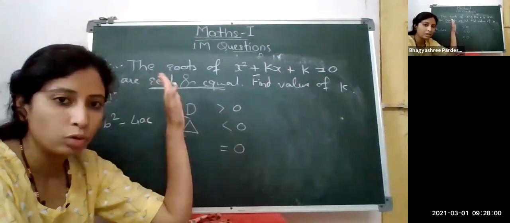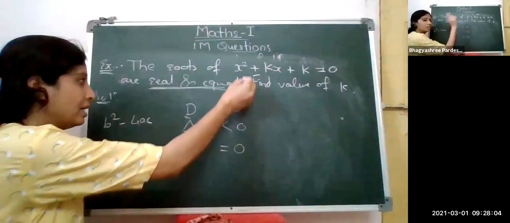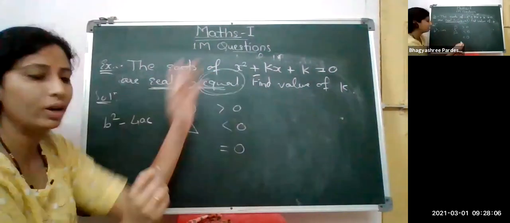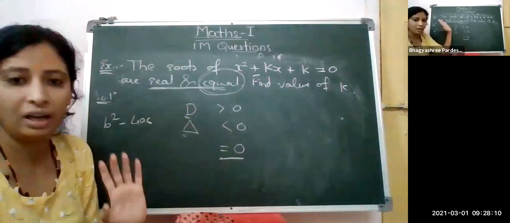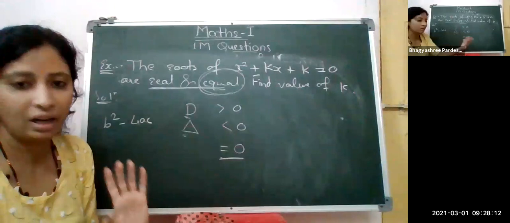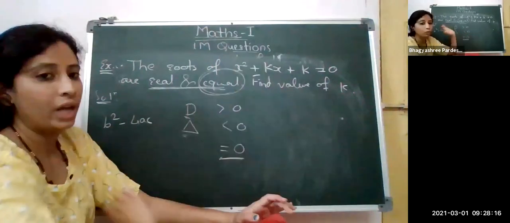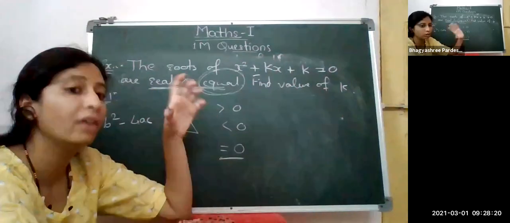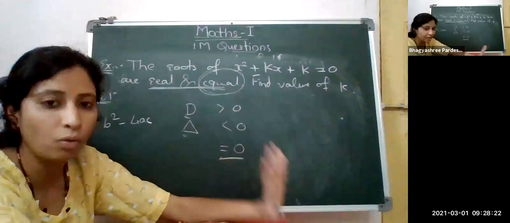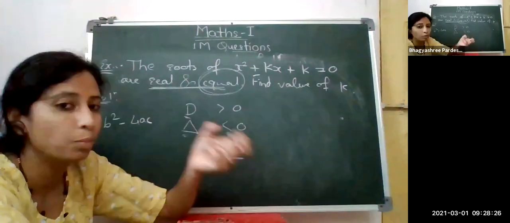So real and equal is what is given. Yes, equal. So just remember one thing. Equal means it is definitely equals to 0. Okay, equal equals to 0. And if it is unequal, less than, we don't have to take. We don't have to take negative values. Remember this one. B square minus 4AC. If it is negative, then it is not of our use. So negative value we don't have to take. So what remains? Remains the positive value.